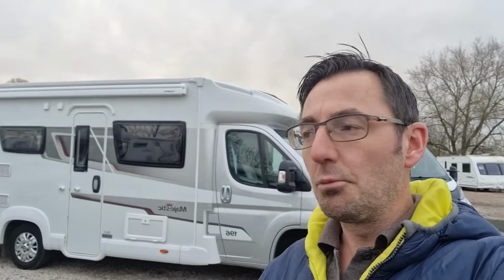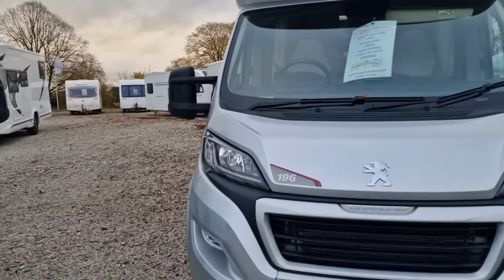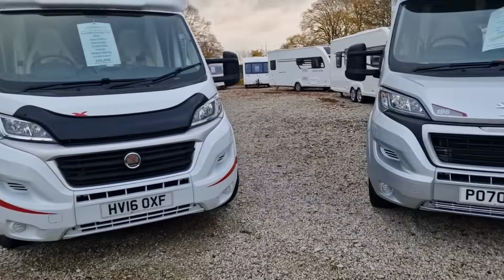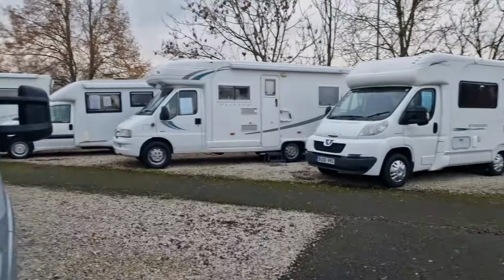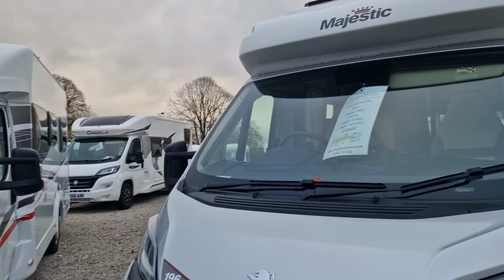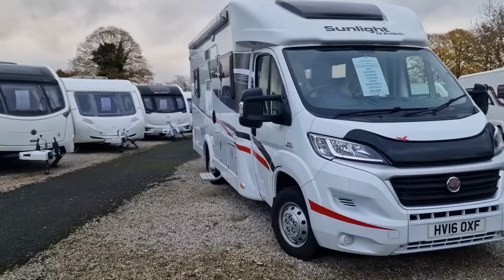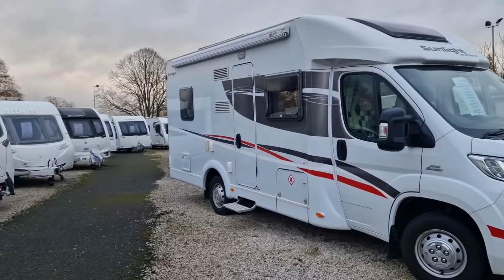So we're going to start at about £34,995 right up to £60,000. So what do we get for our money? Got an array of sort of 2008, a 2016, a 2019 and a 2020. So it'd be nice to have a look at the different layouts, different comparisons, and seeing what you would pick,